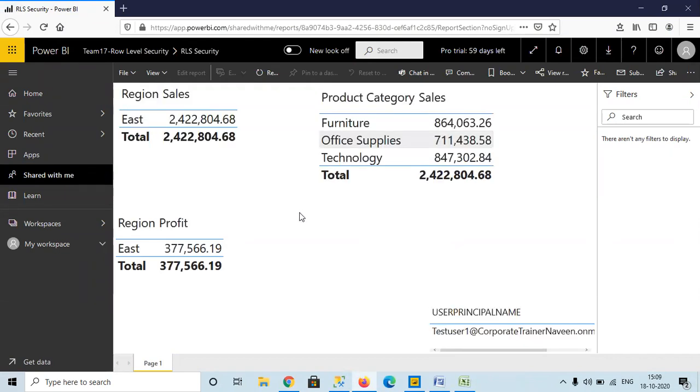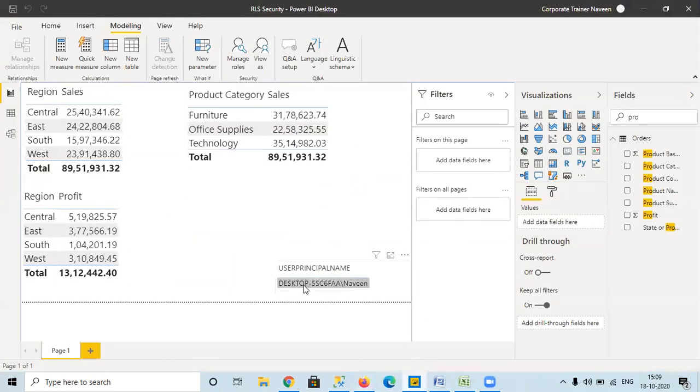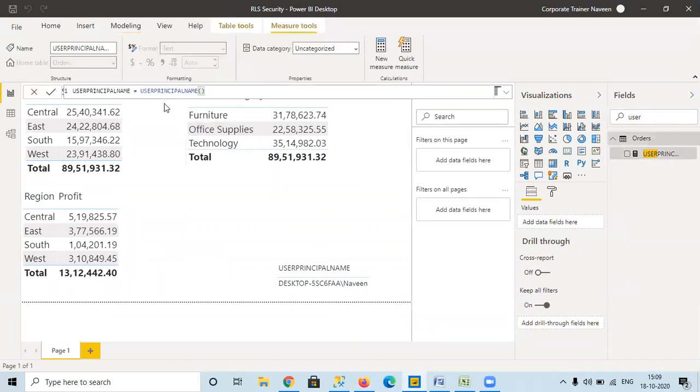Right. And I want to tell you, you must be having a doubt. What is this user principal name? If you look in the desktop, it is showing desktop slash Naveen, right? So basically there is a function I have created, user principal name, just user principal name, that's it.